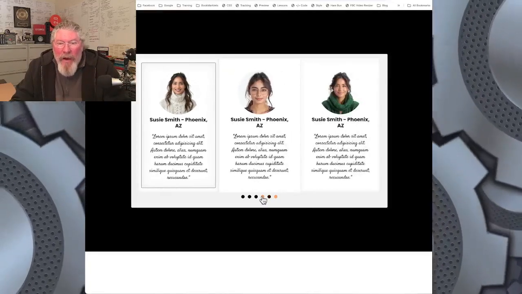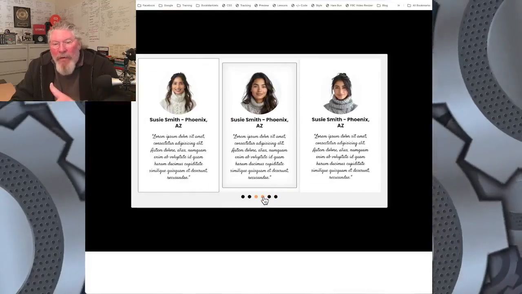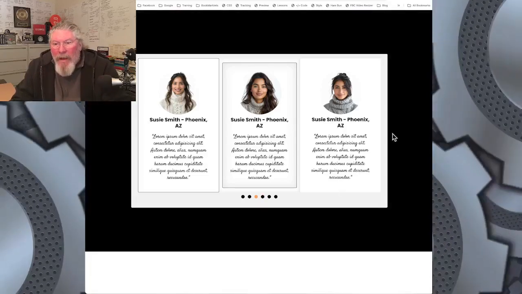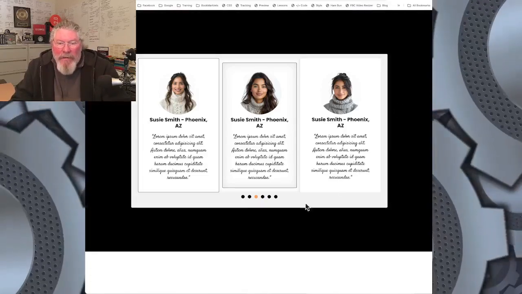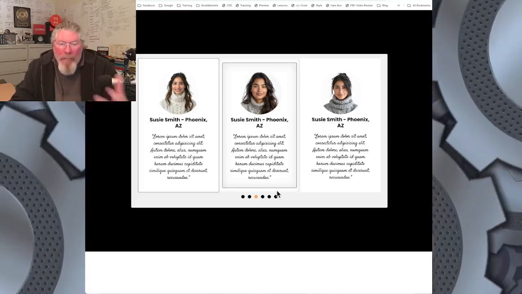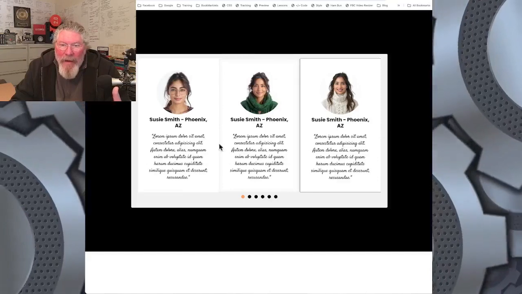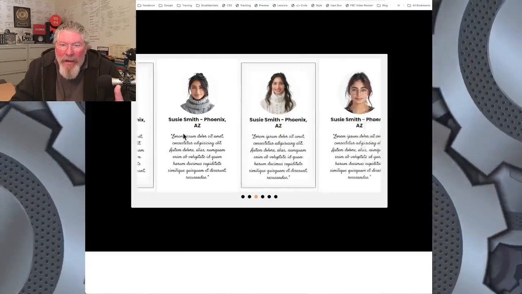We can control it by putting some buttons. You can control the size and shape of these icons down here, the colors of them. We can have buttons on the side. We can take the buttons out the side. We can put the buttons down below. Basically, it's whatever you want, and that's what I like about this system that I'm using here,